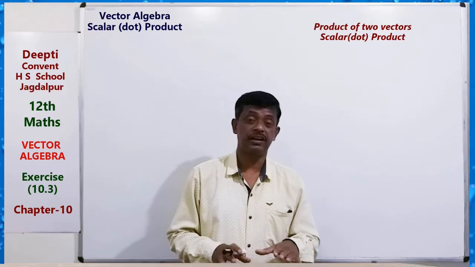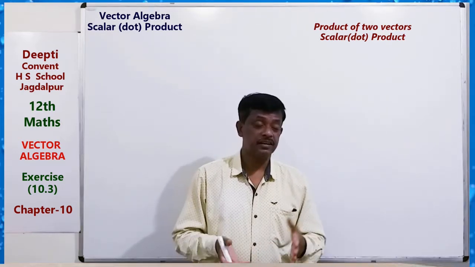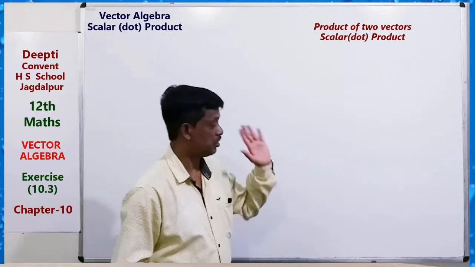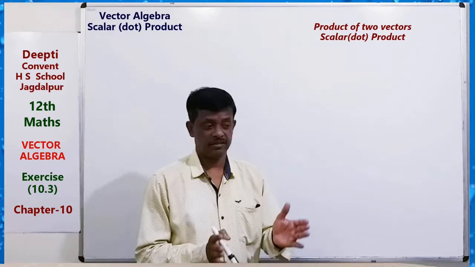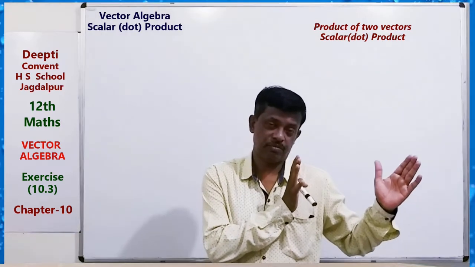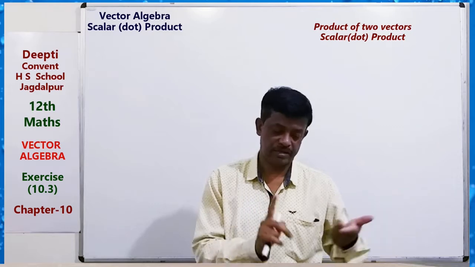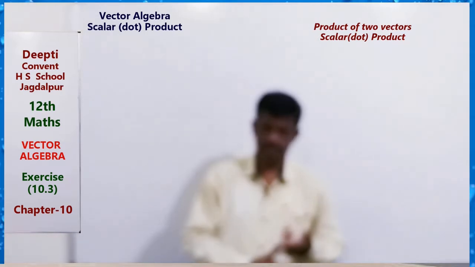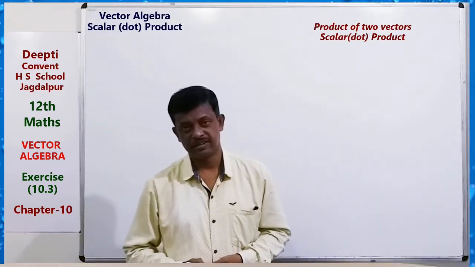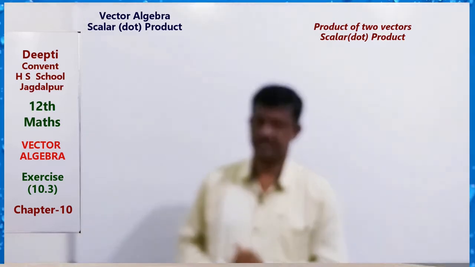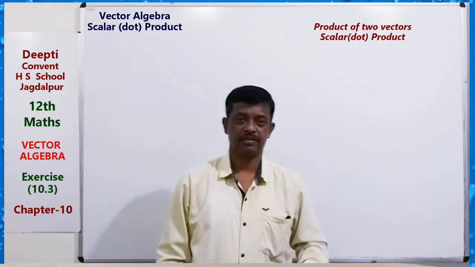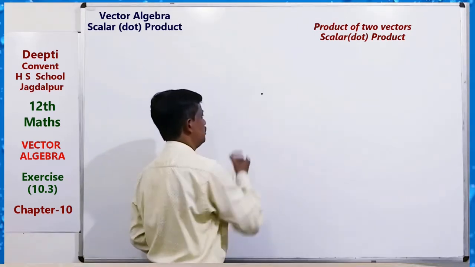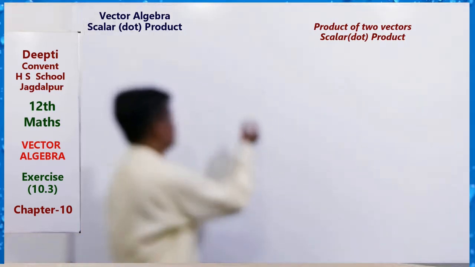This is based on the definition of the product of vectors. We define the product of two vectors in such a way that when we take the product of two vectors, we can get a scalar, or we can get a vector. So the scalar product, that is, the product of two vectors that is a scalar, is known as the dot product. And we also use a dot between these two vectors.